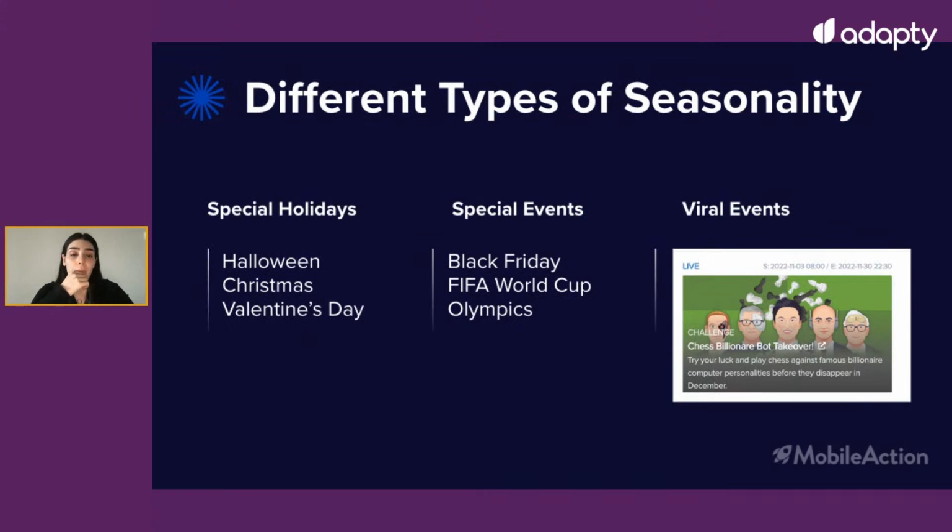But what do we mean by seasonality here? When thinking about seasons, it's easy to simply look at it from the narrow perspective of the seasons of the year and holidays. But please try to think outside of the box here. A better definition of seasonality in the App Store is time-based changes to the way users make decisions based on external events, such as holidays and global events, and internal events, such as new content, seasons, and in-app events, as to whether to proceed with your app and game.